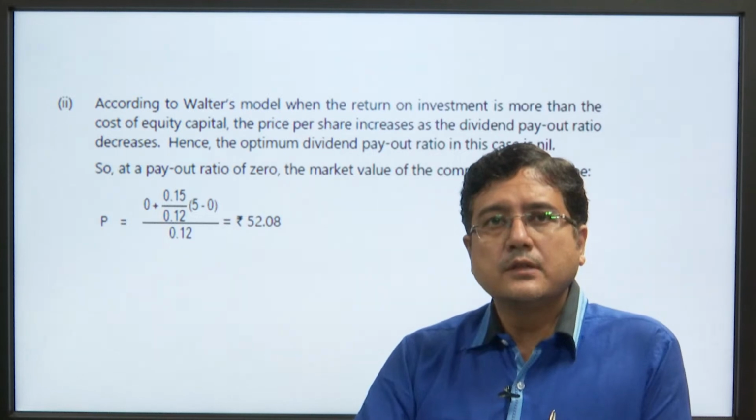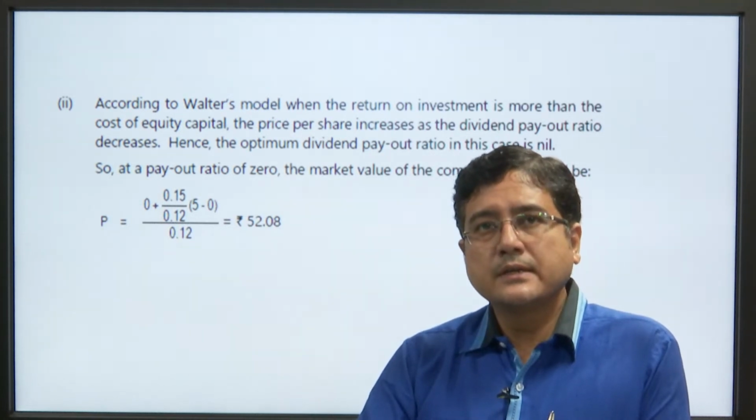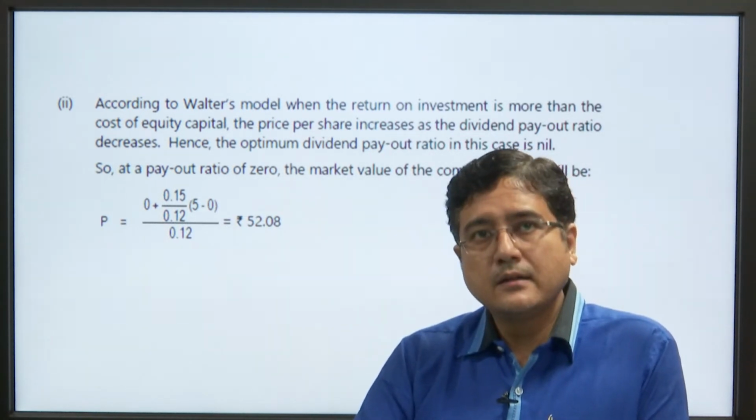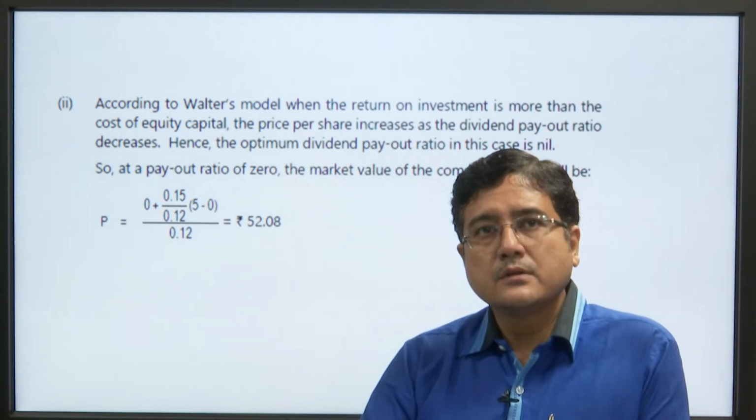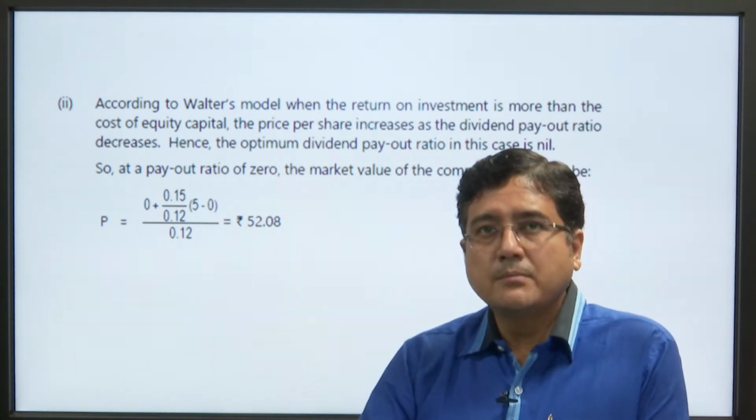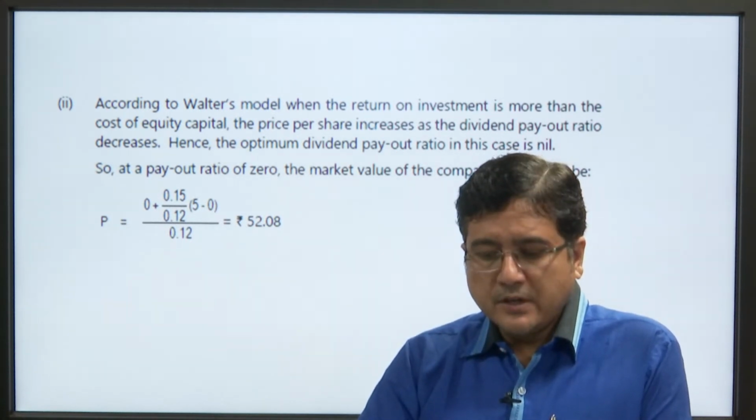Hence, the optimum payout ratio in this case is nil. The payout ratio is 0. The market value of the company is,